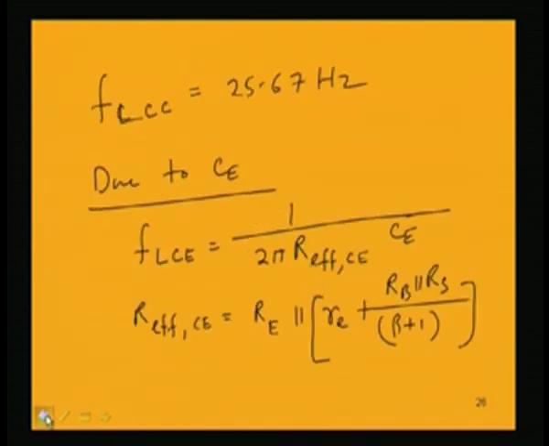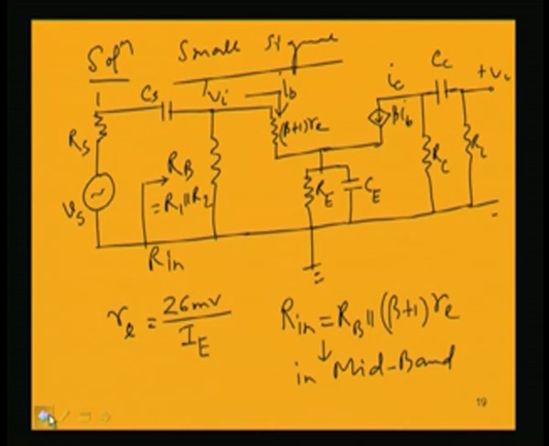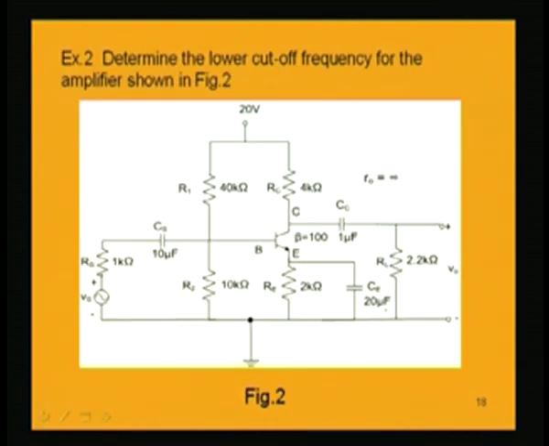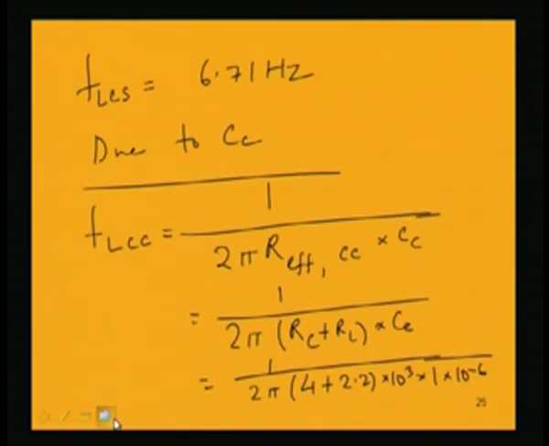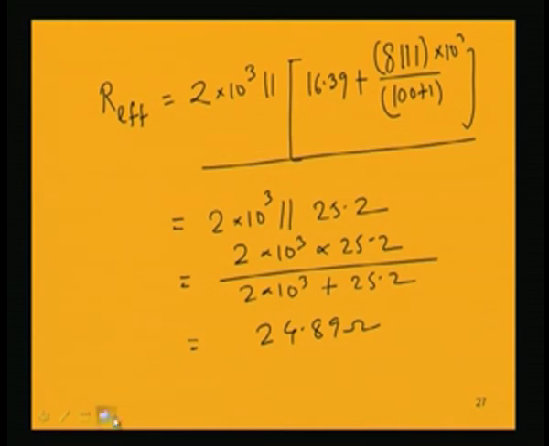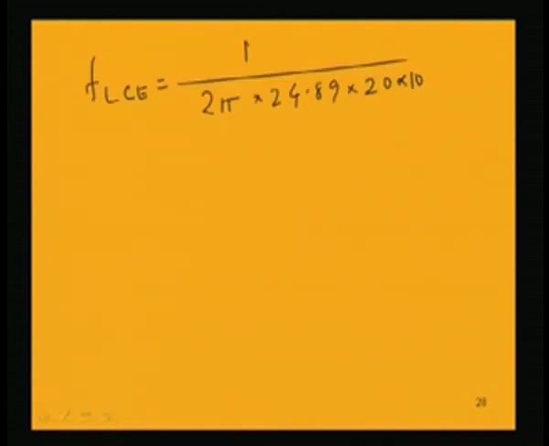So, now if this is the value of the effective resistance, now we can find out the lower cutoff frequency FLCE, 1 by 2 pi R effective. We have found out 24.89, and the value of CE is 20 microfarad. You can look into the amplifier circuit and verify. It is, I think, true. I mean, it is 20 microfarad. Yes. So, putting these values, 20 microfarad, 10 to the power minus 6 is the factor by which we have to multiply. So, this value comes to